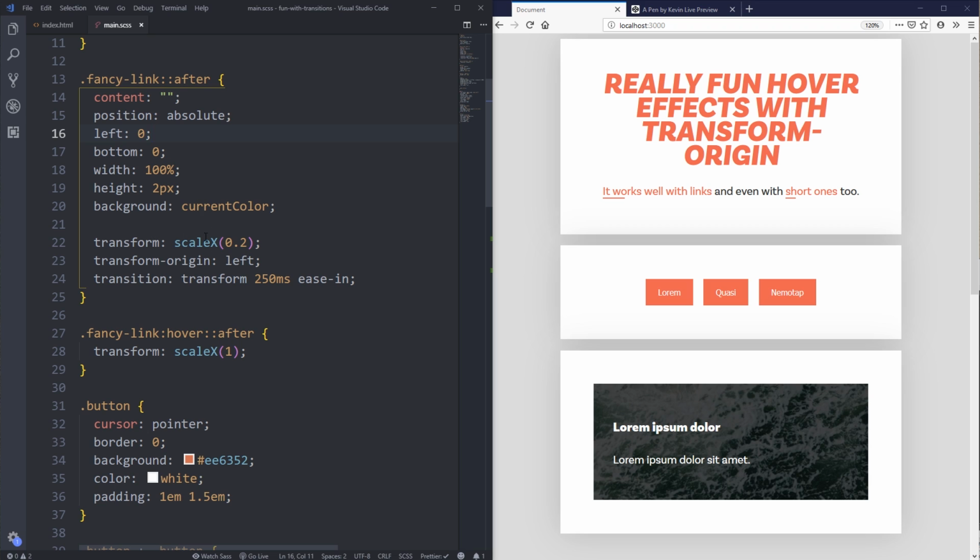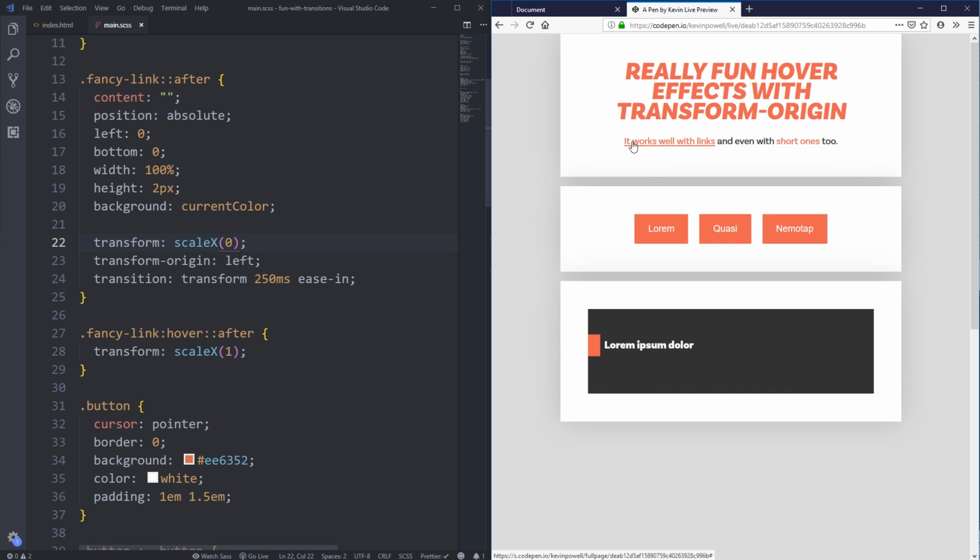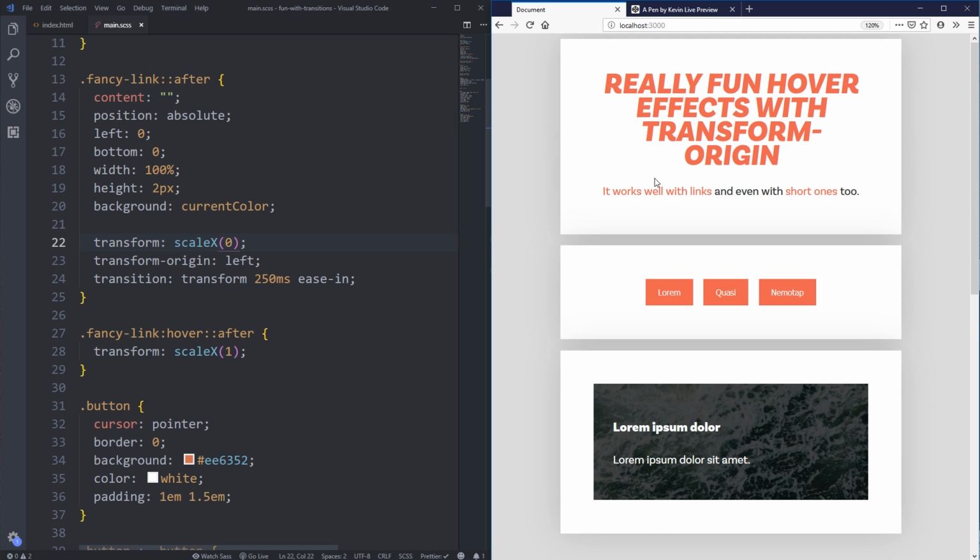But what I did is my original scale X was actually 0. So when I do that, it looks like there's nothing. But then when we come on and off, we can see it growing and shrinking away. So that's a nice start. But you might have noticed in the finished version, we can go look. It comes in, but then it leaves on the other side, which I think is a lot of fun. So we can do that same thing. We can have it come and go